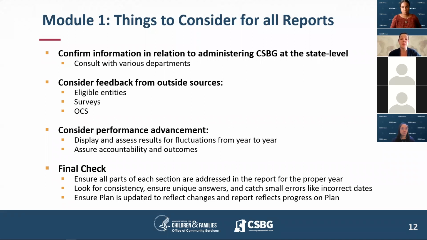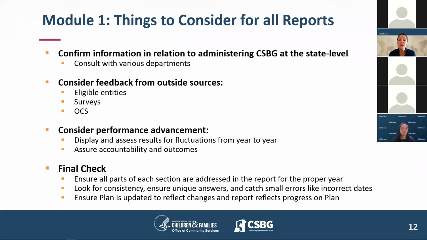When you're looking at the entire report, one of the first things you need to make sure you do is consult with various departments. So if you work with your fiscal team on a regular basis, you need to make sure that you include them in your report. If there are other departments within your state structure that you work with regularly, make sure that you include them or request input from them on some of the achievements that you've had and some of the inner workings of your CSBG implementation. It's helpful and it enhances your report and gives you a more full-bodied report out.